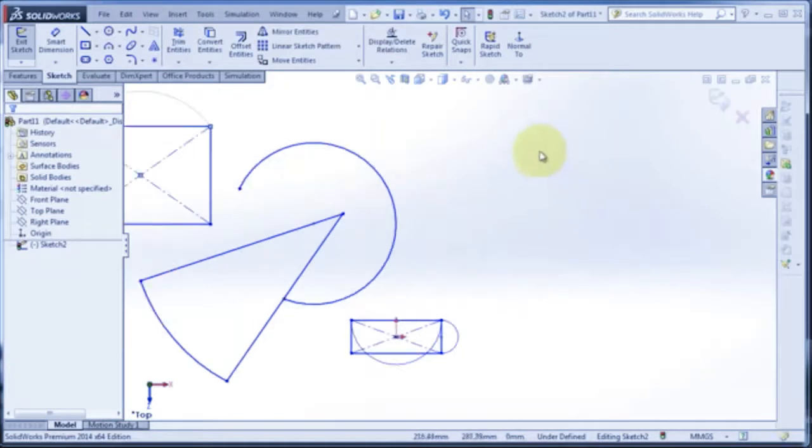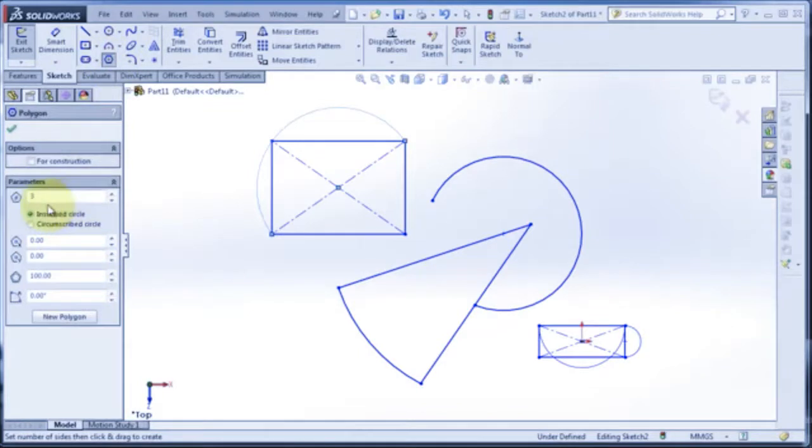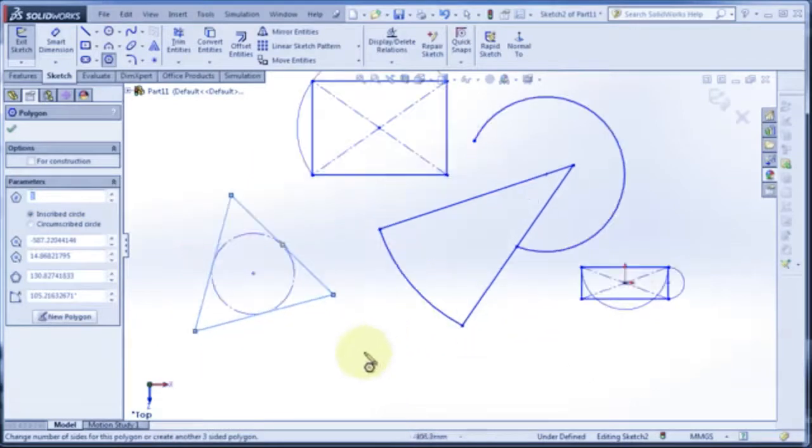And now let's move to polygon. It's also quite easy to use. Polygon, then choose the number of edges, 3. If you select 3, simply you're going to create a triangle. So this is a very fast way to use polygon to create a very fast shape. And there are 2 options to make it outside the circle or inside the circle. Here you can change the number of your polygon's edges,